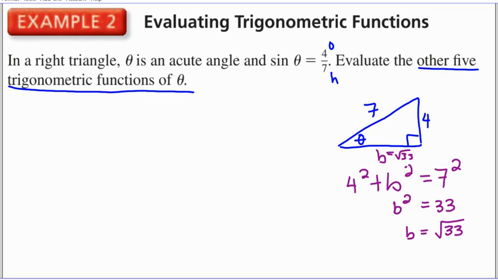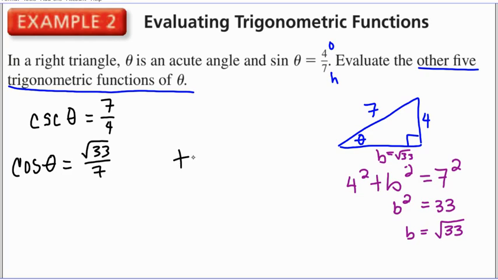Okay, so now in order to find my other trig functions, well, cosecant is pretty easy because cosecant is just the reciprocal of sine. So that's going to be 7 over 4. Okay, so I need the other ones. I need cosine of theta. Cosine is going to be this adjacent over hypotenuse. So that's going to be the square root of 33 over 7. And then tangent of theta is going to be opposite over adjacent, and that's going to be 4 over the